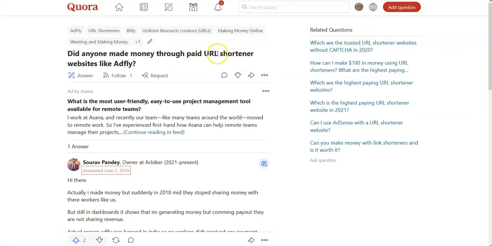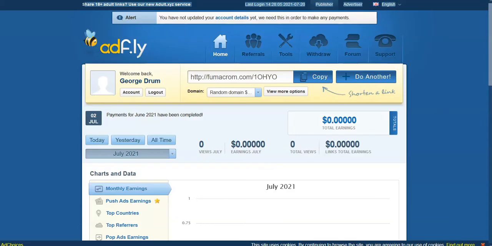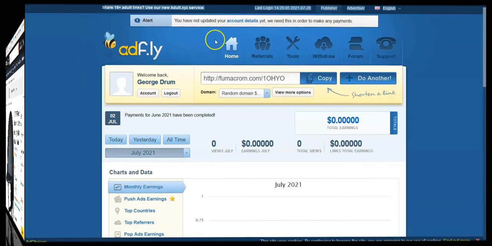And if you're a white hat person like I am, that doesn't want to piss Google off or piss my customers off, I don't have enough of them to do that, then I would say be very, very careful about deciding to use this to make money. Because what we're going to look at next is the example that I just recorded, and see what you think about that. Then we'll end up with some finishing thoughts on Adfly.